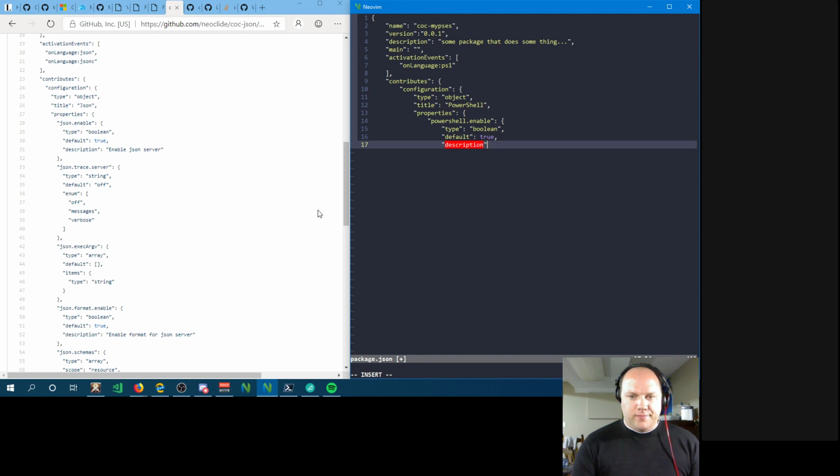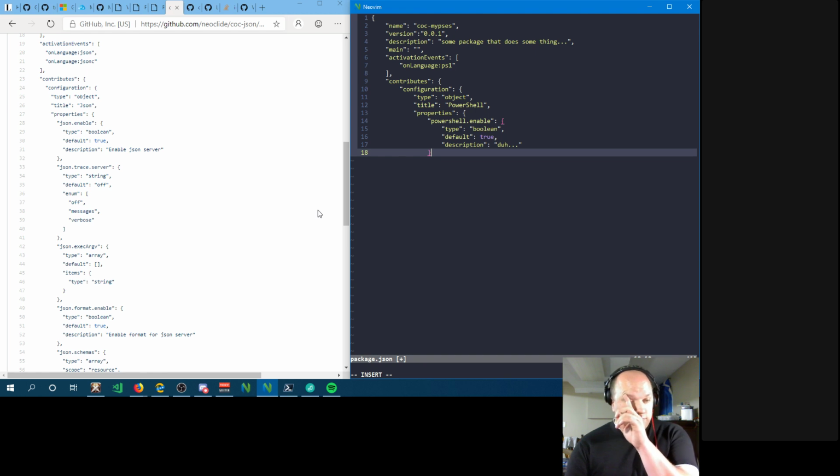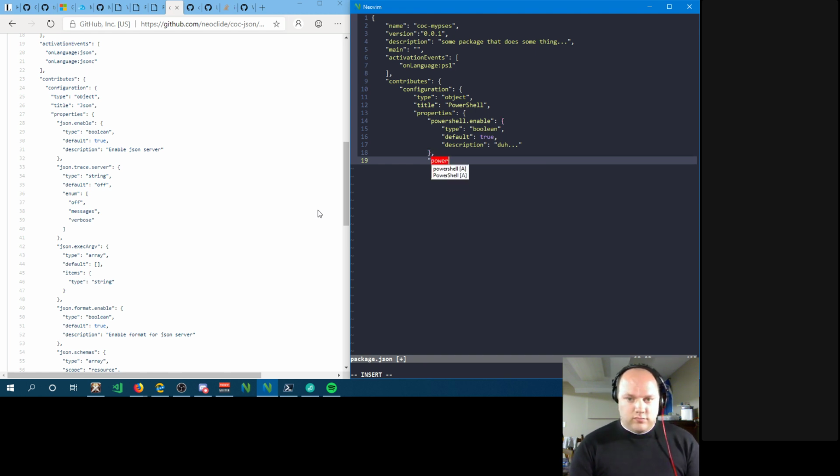Description. Duh. PowerShell.executable is